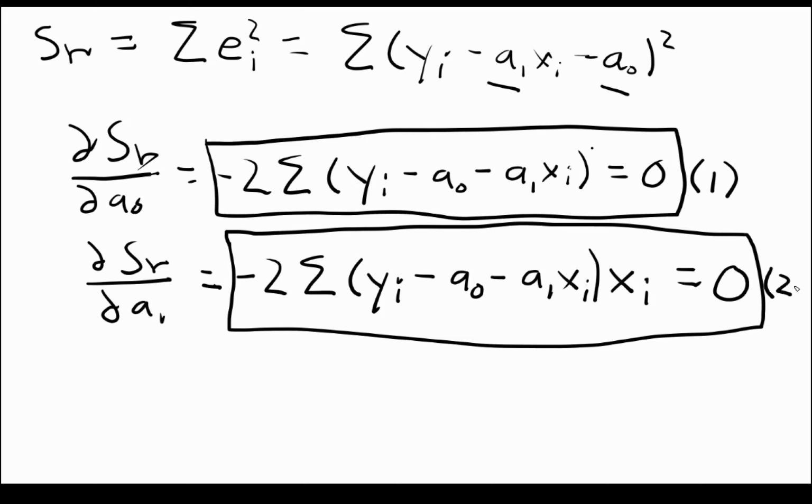Equation 2, and two variables, a0 and a1. So we can simply solve these two equations and we'll get a value for each of the variables. Expanding these two equations,